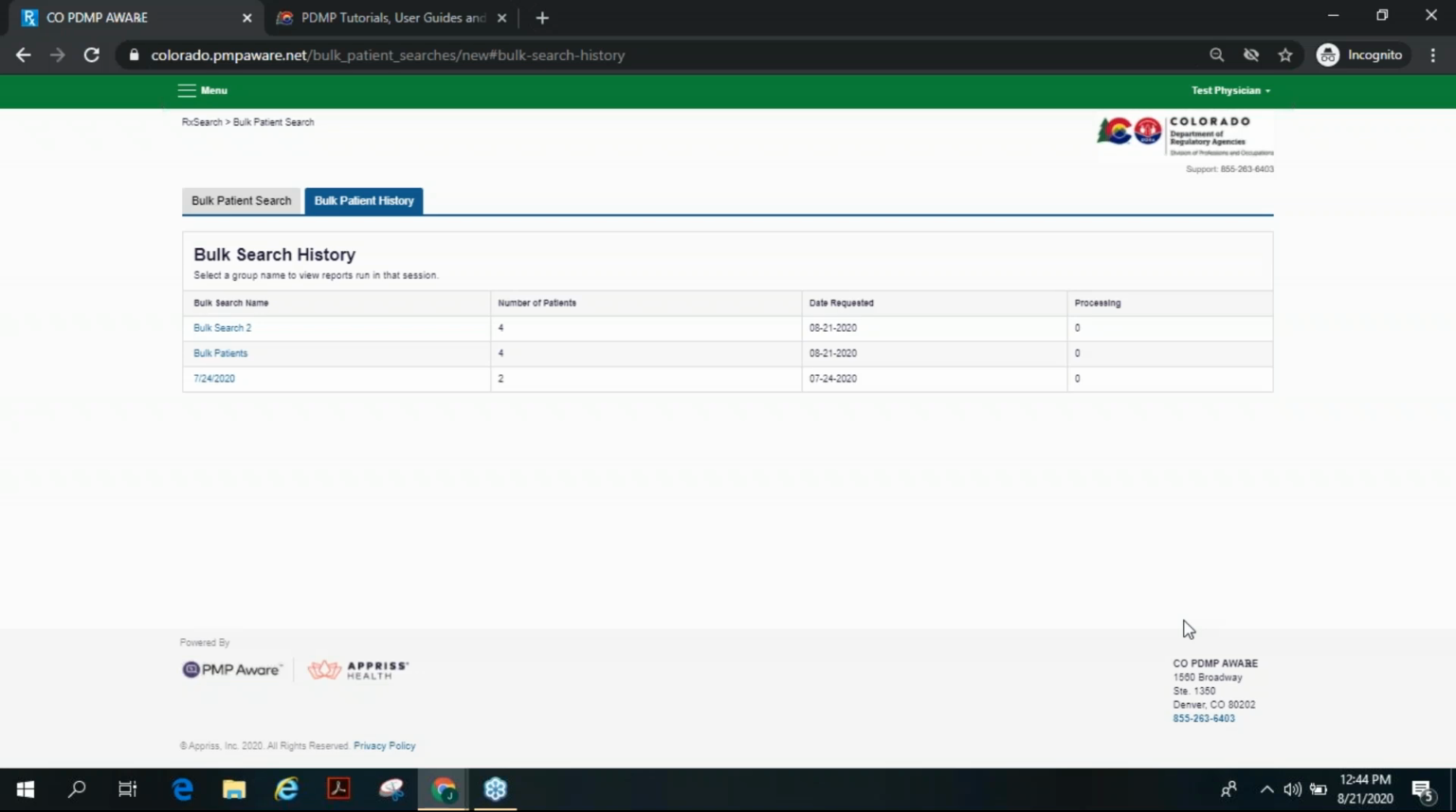Okay. We have a question about the data you have to put into the search. Is an exact birth date required to do a search, an individual search, or a bulk search for that matter? With the bulk patient searches, you do need to put in the patient's first name, last name, and date of birth. Now, the system is pretty good at identifying near matches for patients who may have a hyphenated last name,